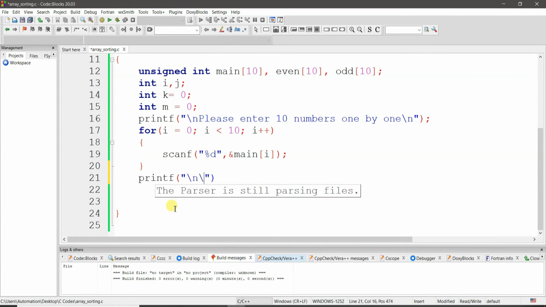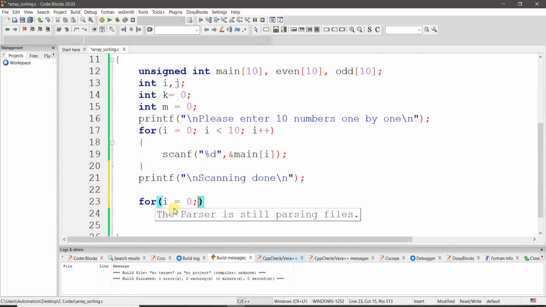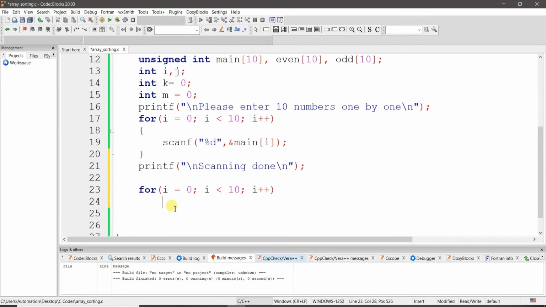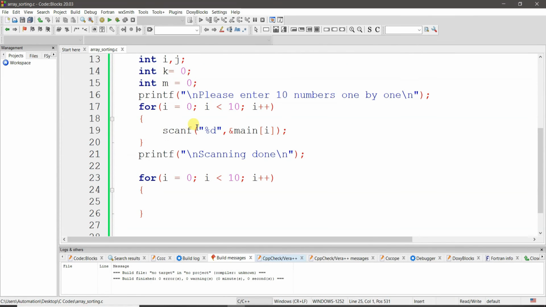printf, scanning done. Now I'll have the same for loop again. For i equal to 0, i less than 10, i plus plus, because I want to check all the 10 numbers in main of i. How do I check whether the number is odd or even? It's very simple. If main of i